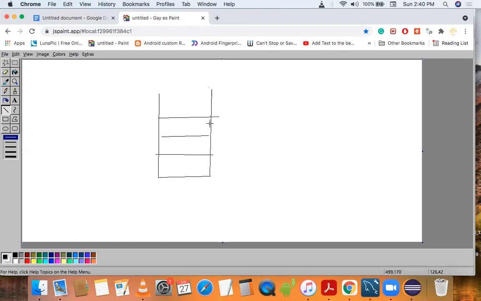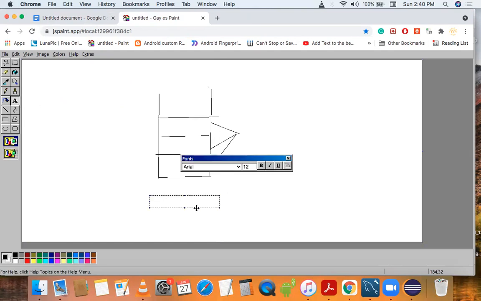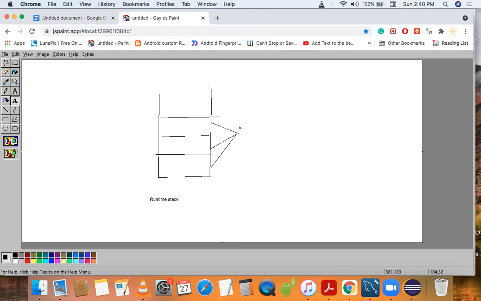And every entry in runtime stack is called activation record. So suppose this is our runtime stack, and here this is our stack frame. This is called each and every entry, like methods. So stack frame or activation record.